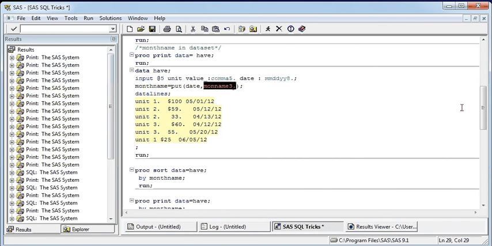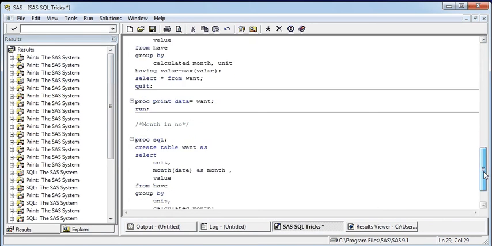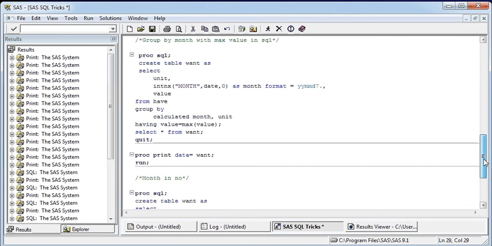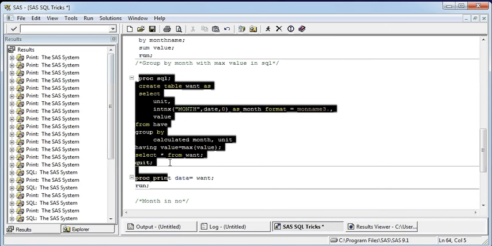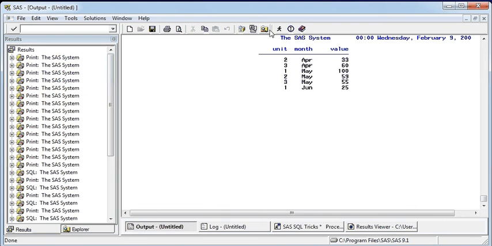I'm just trying. I'm not sure whether I can do that here, but let me try. I think it's going to work out. So you can use monname here if you just want to display the month, not the year.